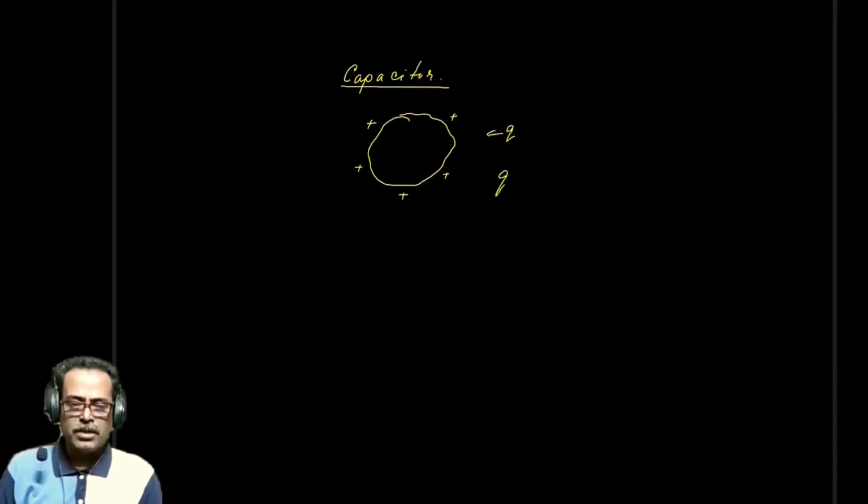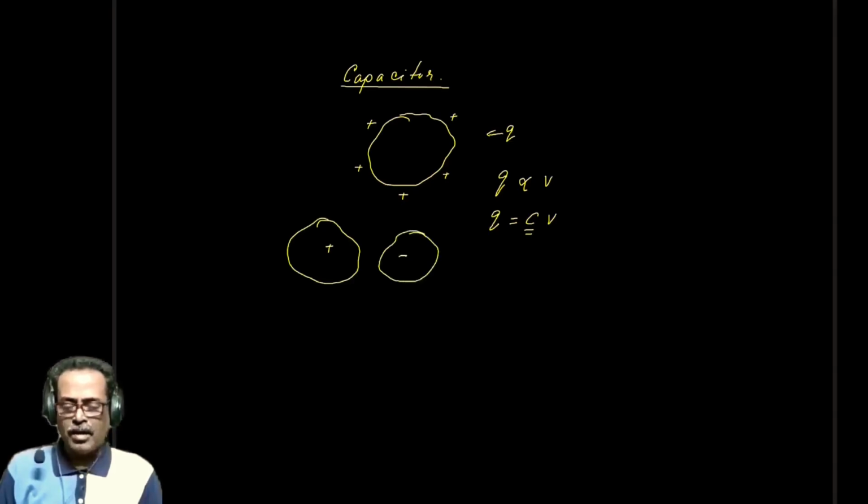So Q is proportional to V, and Q is equal to CV. This constant of proportionality is called the capacitance of the capacitor. Usually we use a capacitor which has a positive object and another negative object. As a result, the field lines start from the positive charge and end at the negative charge. As a result, the positive charge will be attracted towards the negative charge, and both the charges are held in this